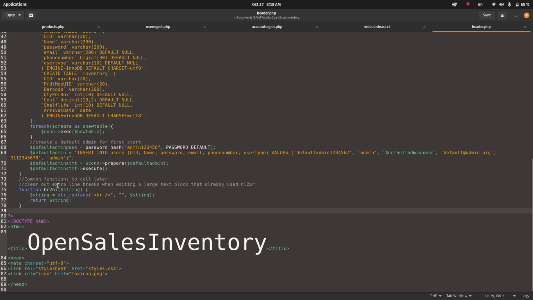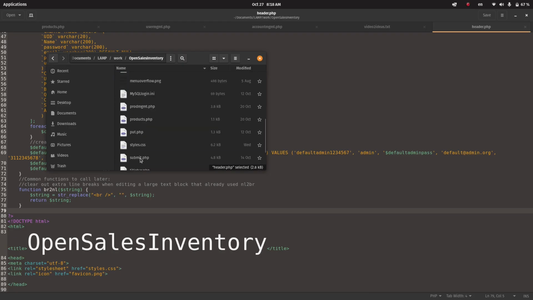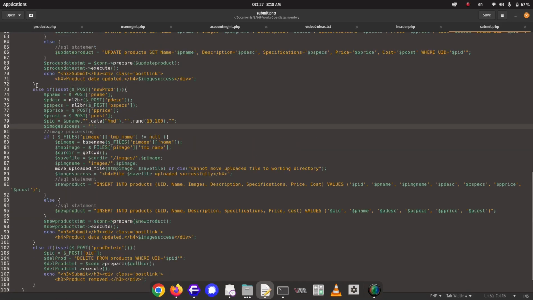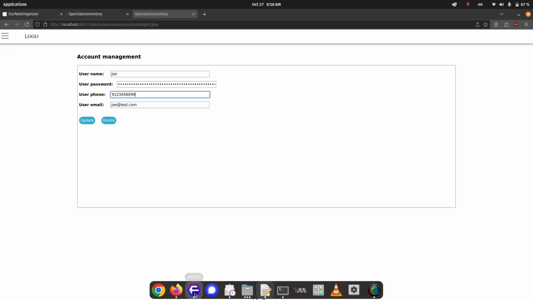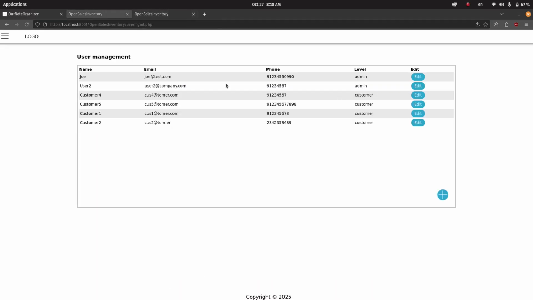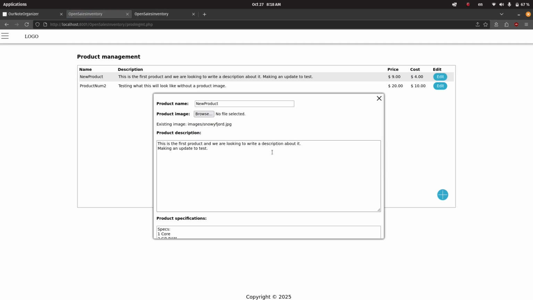So in PHP, there's a function called nl2br, and that's what we use in our submit page. Where is it? Here's an example. And what nl2br does is, particularly when we have these larger elements where we're including a lot of information. So if we go to the product management page, if we're inserting a new product or we're creating an update for a product description,